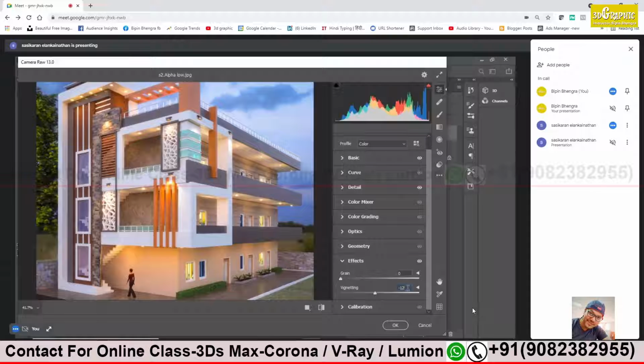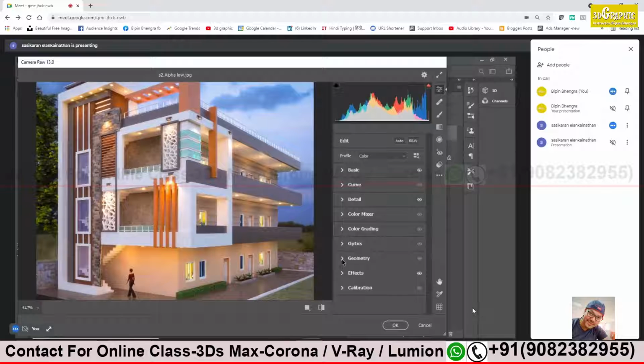That's all. Minus 10 or minus 15 will be enough. So what happened? Your center image will be brighter, more highlighted than your edges. That's the effect. And we have to save this. Below there is an OK button. Just click on the OK button,